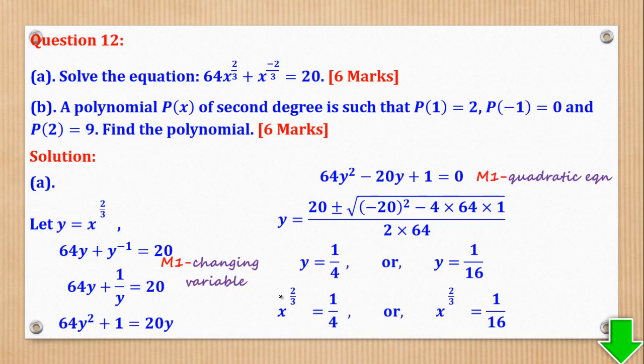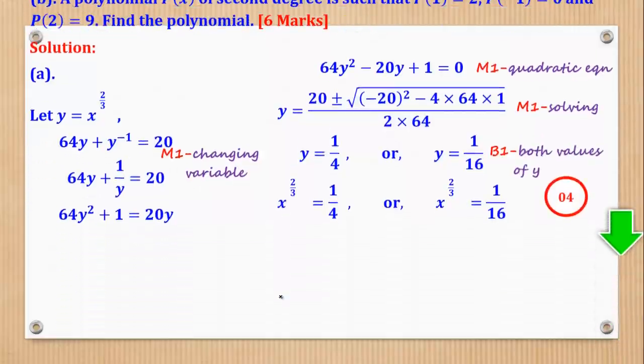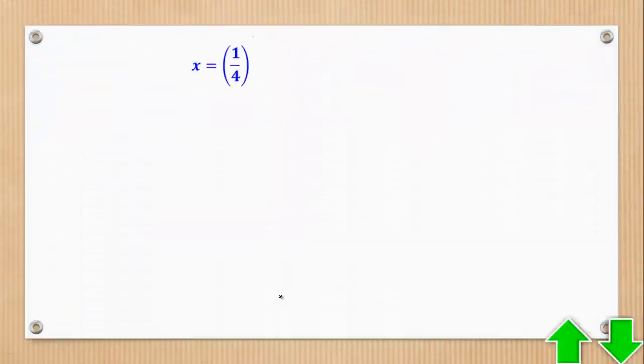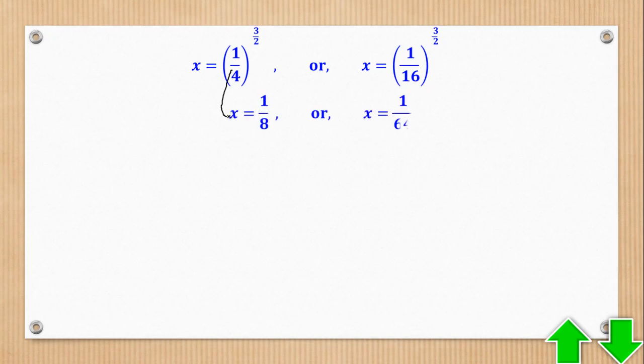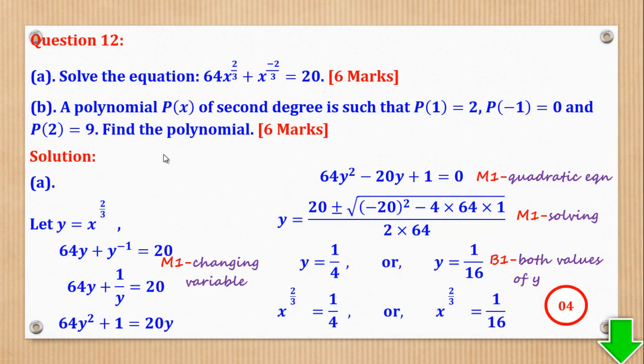Then I have to make x the subject. So using a calculator, this gives you this, and this gives you that. And that's what they wanted. Then part B